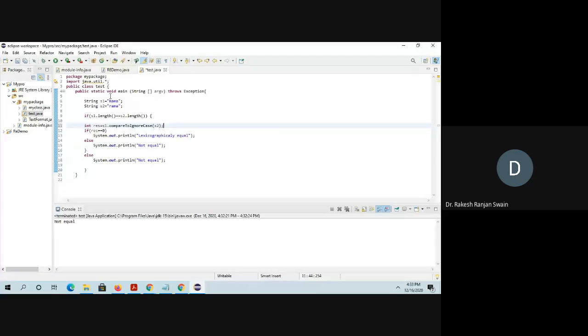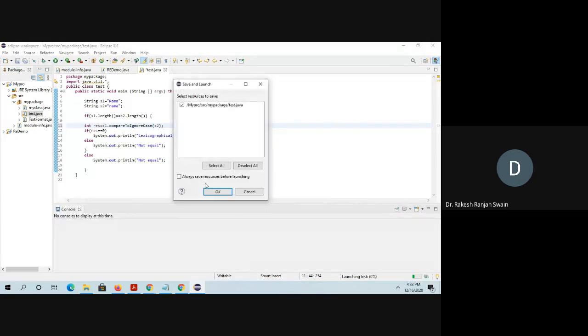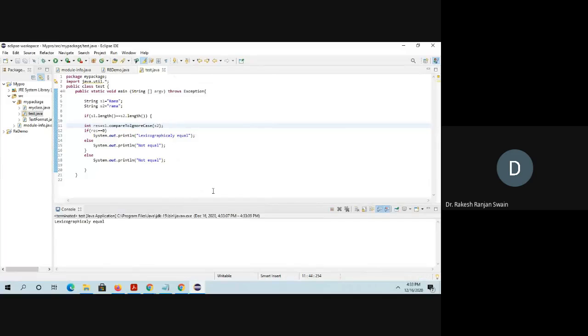Now see, it is lexicographically equal. Either it is a small letter or a capital letter, it doesn't matter. It checks whether the characters are equal, and if so, they are equal. So here I am using compareToIgnoreCase.